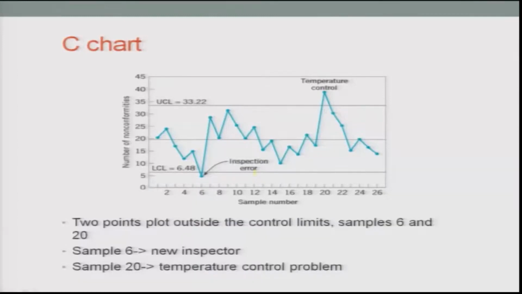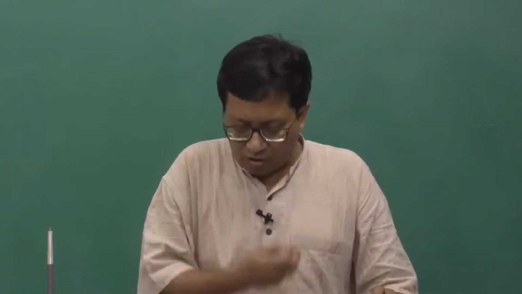So here the information in this example is that in sample 6, a new inspector joined, and the new inspector would have been either very stringent or very relaxed. Based on that, you were able to gather the data as given. And say, for example, in the 20th set of readings, maybe the temperature or the humidity which you are trying to control suddenly either increased or decreased. So obviously it would have a negative impact on the actual attributes or characteristics which you are trying to understand